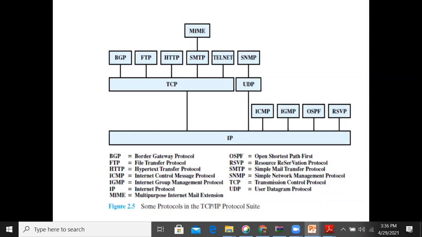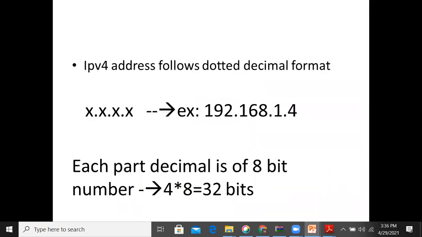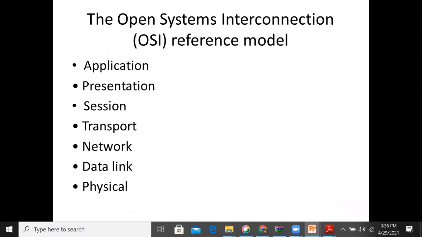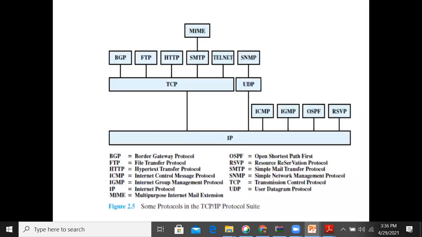Right, so this is all about the TCP/IP protocol suite. Till now, we have discussed the different layers in TCP/IP, and at each layer how the protocol data unit looks and what headers are added.